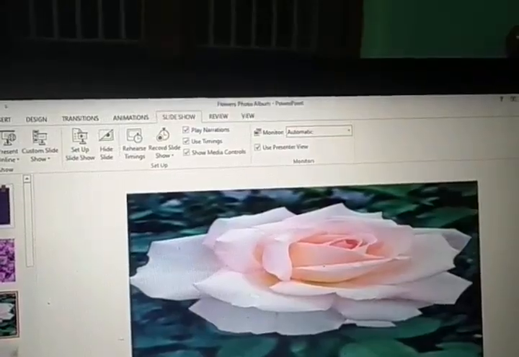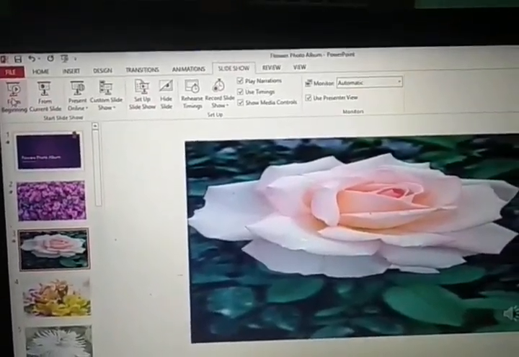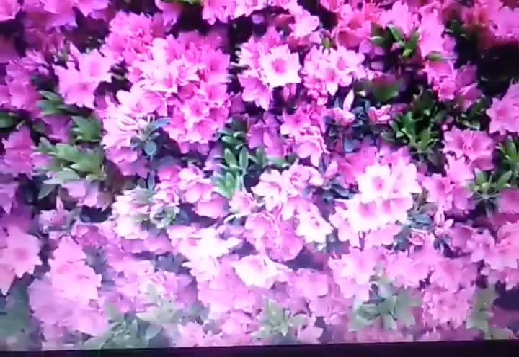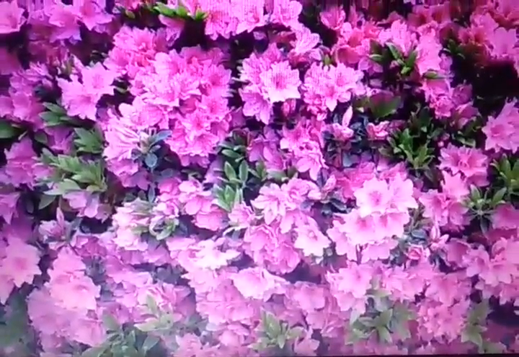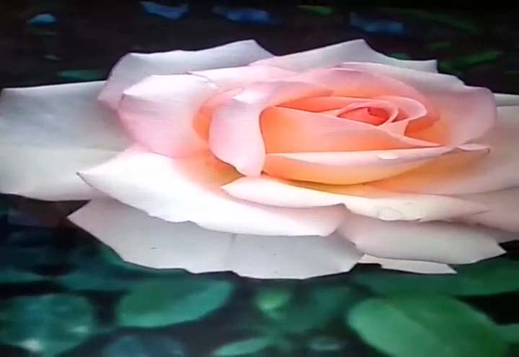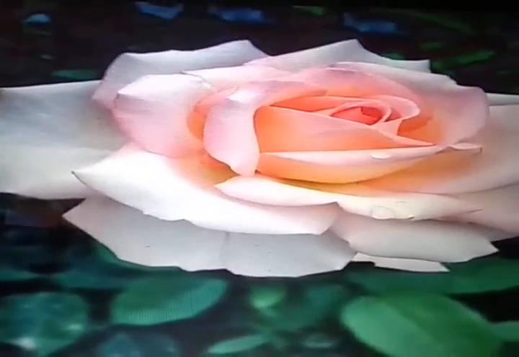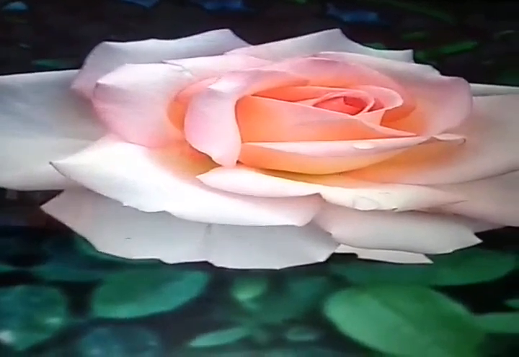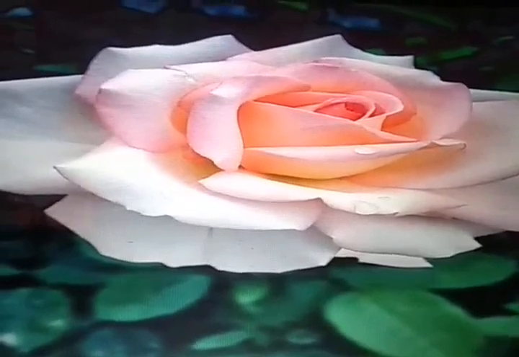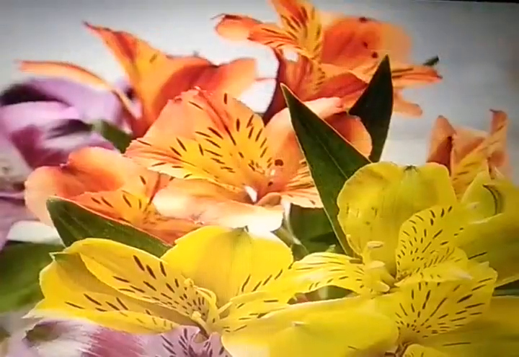We'll go to slideshow. Now I will start the slideshow here. See from beginning. Here say record. So this slide is the background for it is record. See, start. So these are the flowers. Like this we can record our voice for the slides. So this is a rose flower. Okay, we like its fragrance. Okay? So like this we can record our voice in the background. Okay, when you play it in the slideshow, that time it will be.